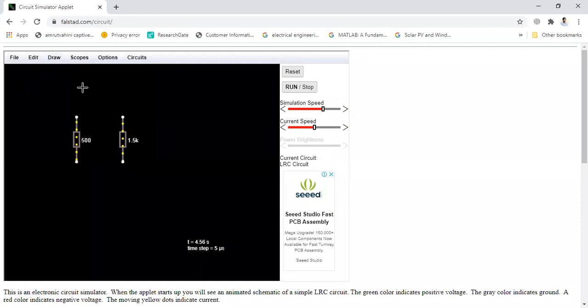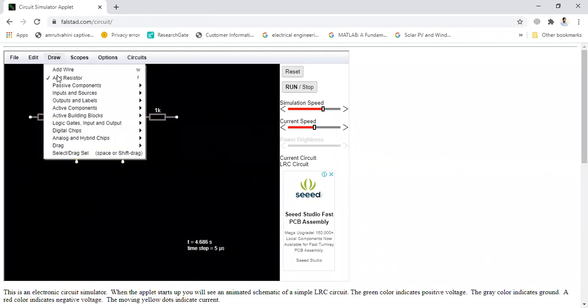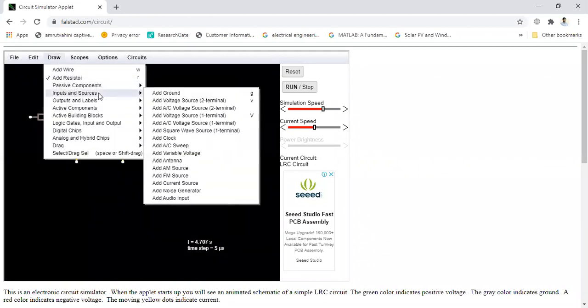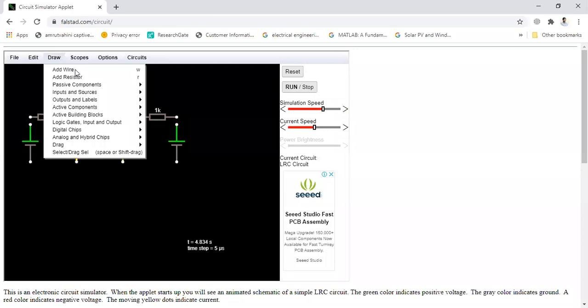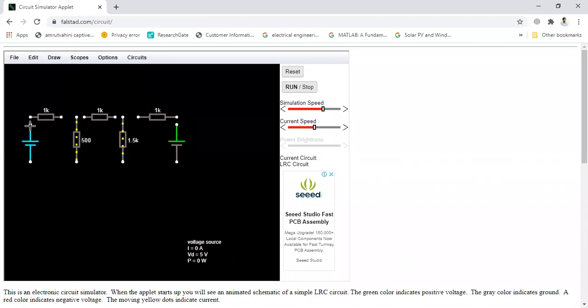I'll add a few more, the first resistor, second, and third resistor. Then we require voltage sources. Add voltage source. I'll use these 2 voltage sources, and now we have to connect all of them with wire.